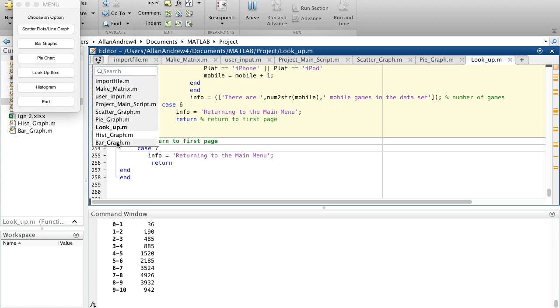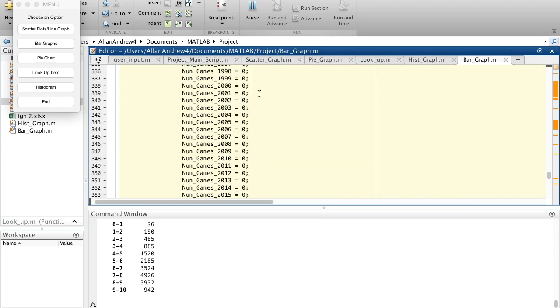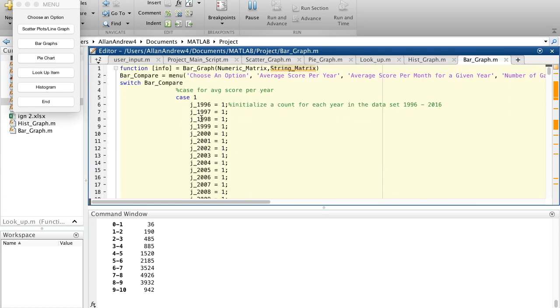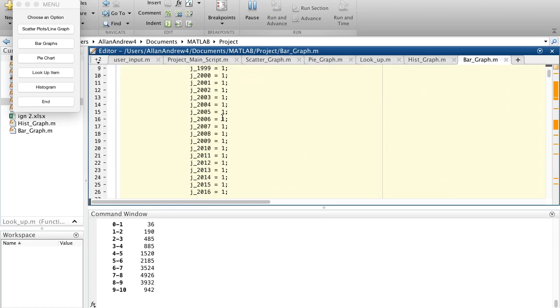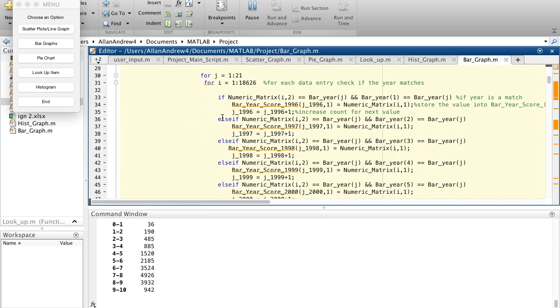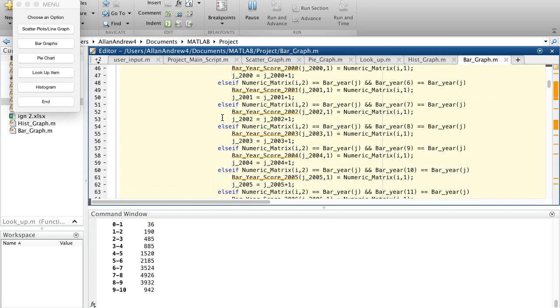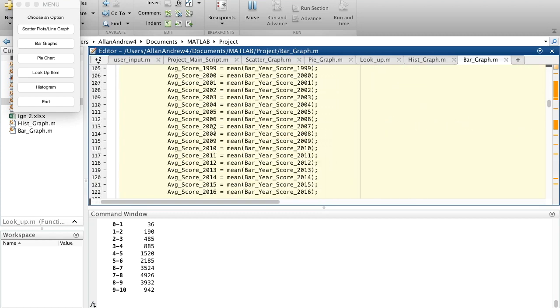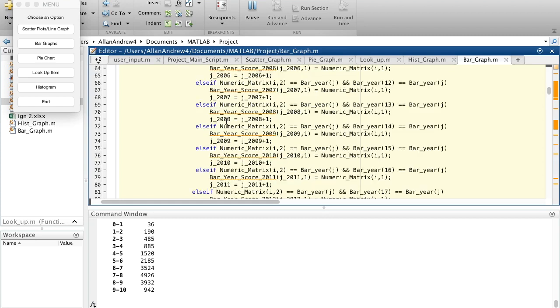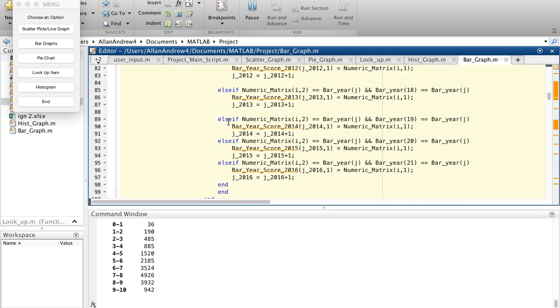Then we have our bar graph. Go up to the top. Another switch case is used to initialize all of the years to 1 and use a nested for loop and an if statement to go through our data. And it checks if the year is a match and stores that information in a new variable. And then down here, we take the mean of the new vectors formed by this if-else statement and save it to a new variable and put these averages in a new vector so we can create our graph,